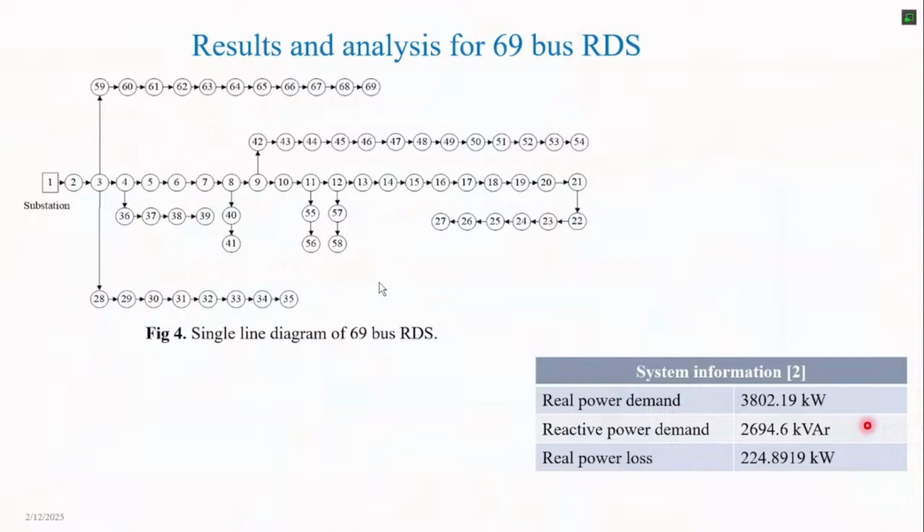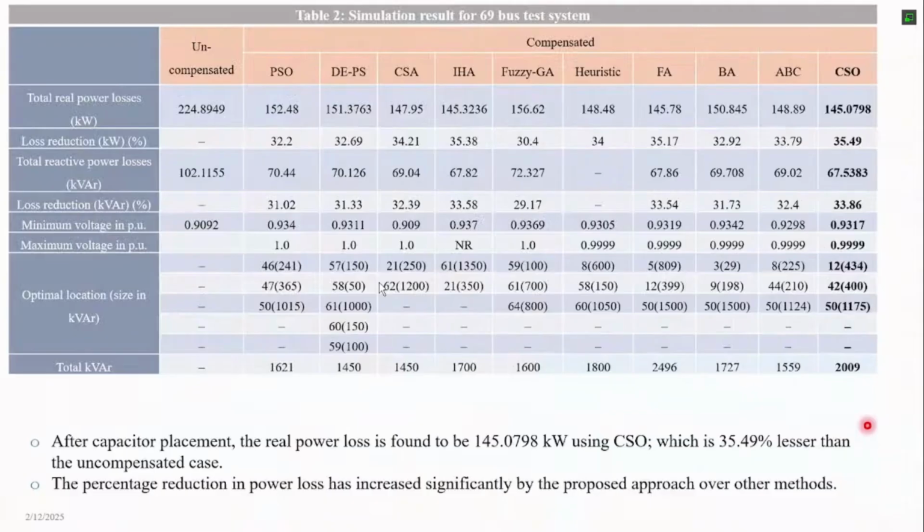Now, when we went for the capacitor placement problem, based on the steps we have discussed, we solved this problem and carried out a few results. Several optimizer algorithms have been used to obtain these results. A few are cited in certain literature as well. In the initial condition, when there is no capacitor, the losses come to around 224.8 kW, tentatively.